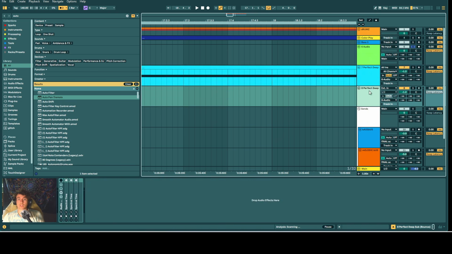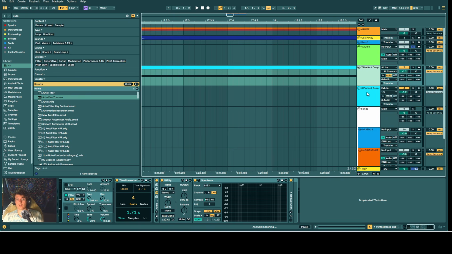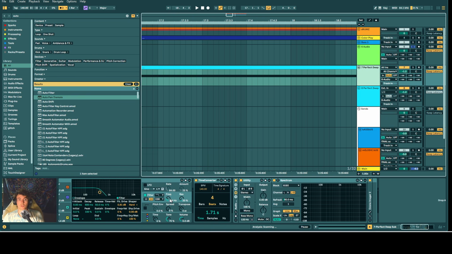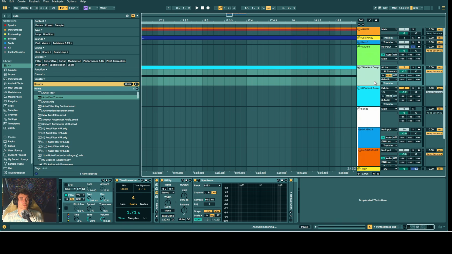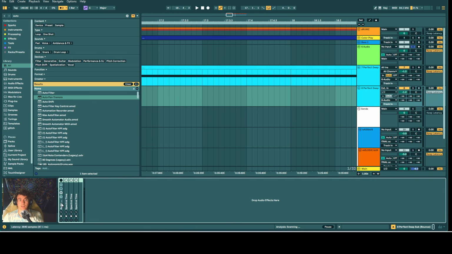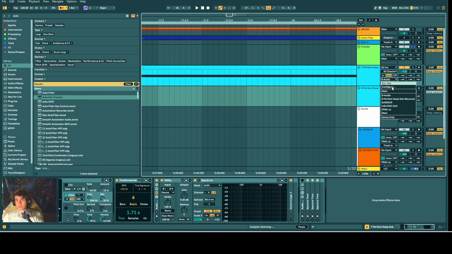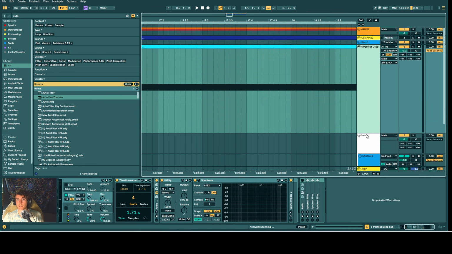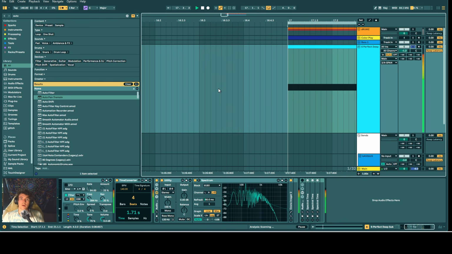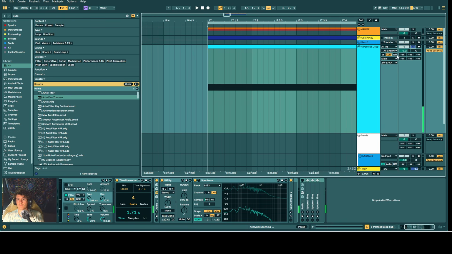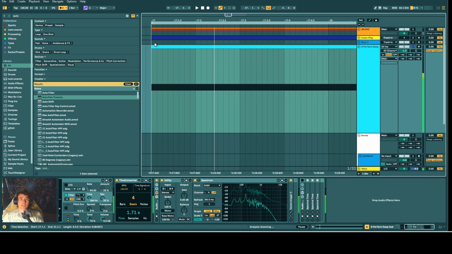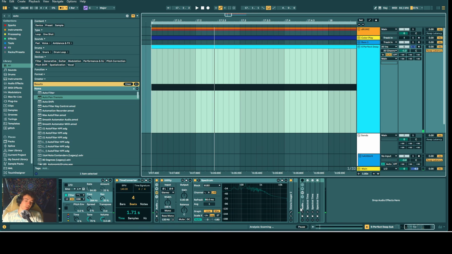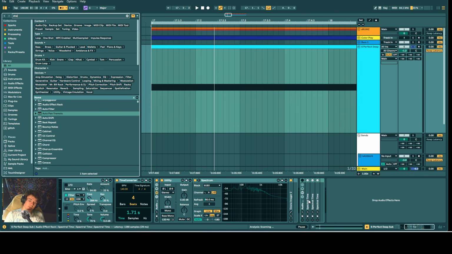So what are the workarounds for this, right? First of all, sidechain won't be affected by this, which is really nice. So if I put these guys back onto the bass channel, send this to the main, get rid of some of this stuff so we know what we're looking at. So we're looking at this channel here. Okay, so if I've got the latency on there and I've got something like Shaperbox,